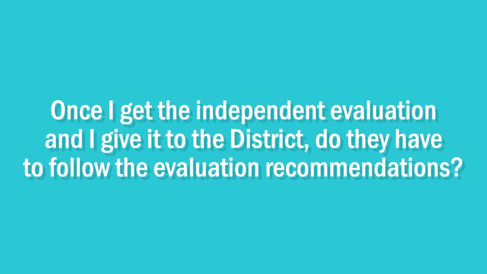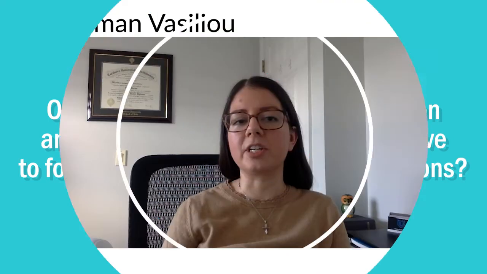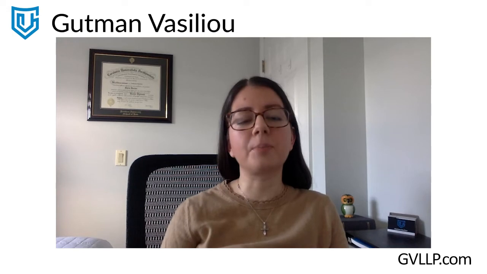All right, so the next question is, once I get the independent evaluation and I give it to the district, do they have to follow what the evaluation recommends? So this is a great question. And really, the first important thing here is once you get independent evaluation reports, you definitely want to turn them over to the school district as soon as possible. And what they should do with that information is schedule an IEP meeting to review it with you. So the answer here is that they have to consider that information, but they don't necessarily have to follow it